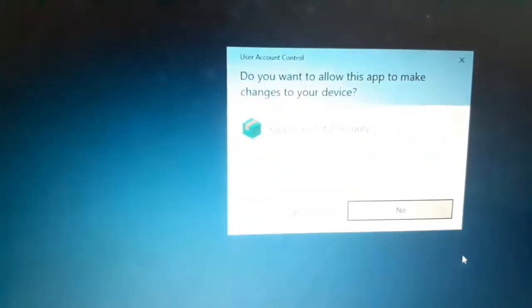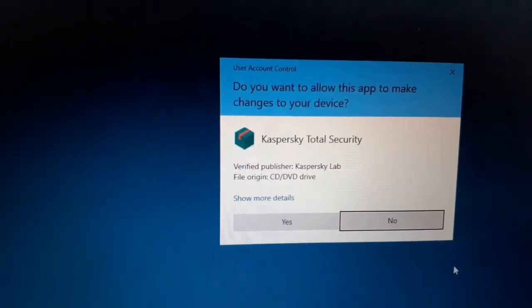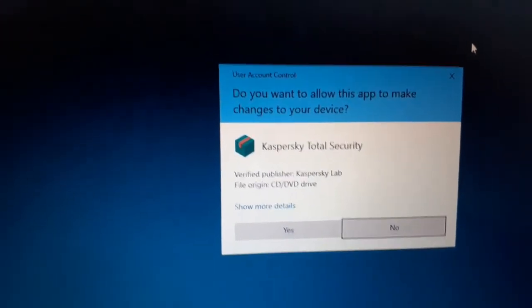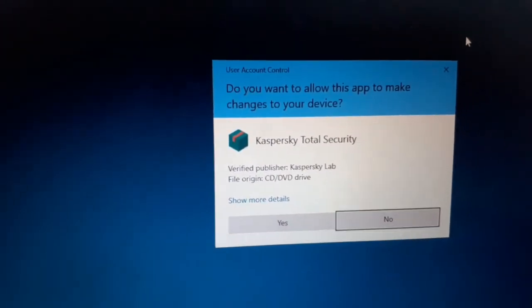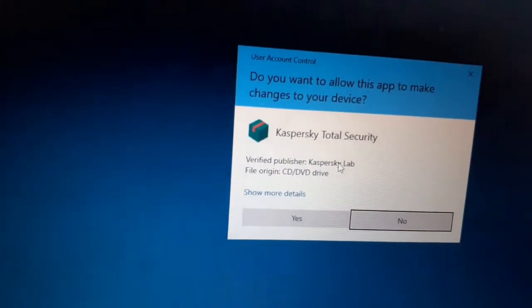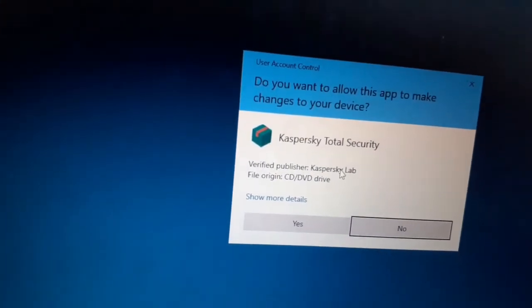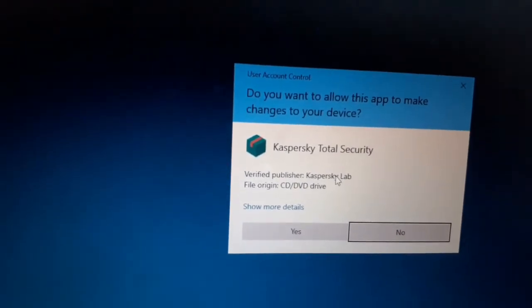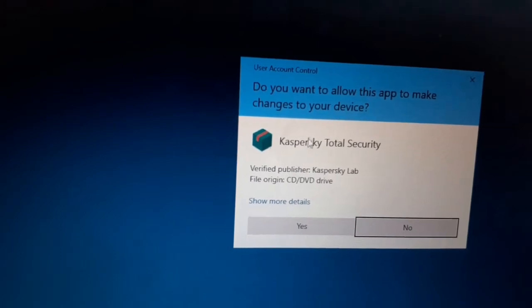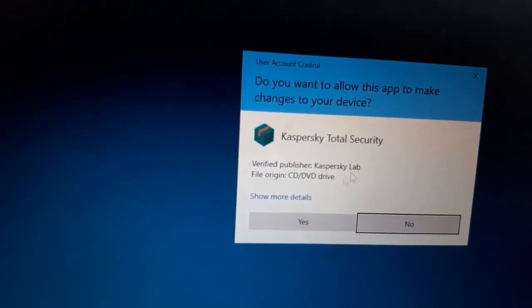By the way, students, the operating system of our laptop is Windows 10, as per the requirement. The next window which will open is the user account control. Do you want to allow this app to make changes?